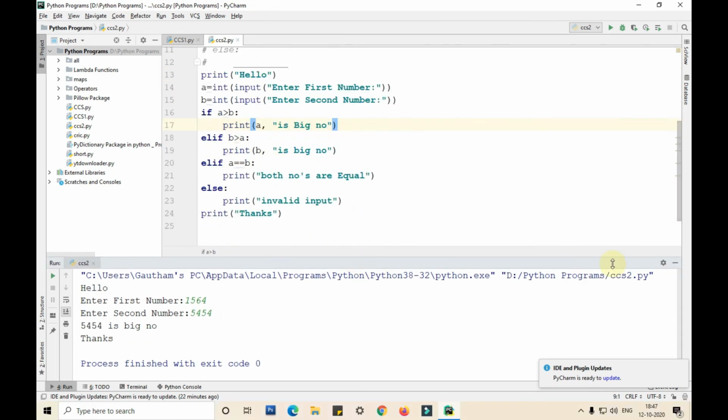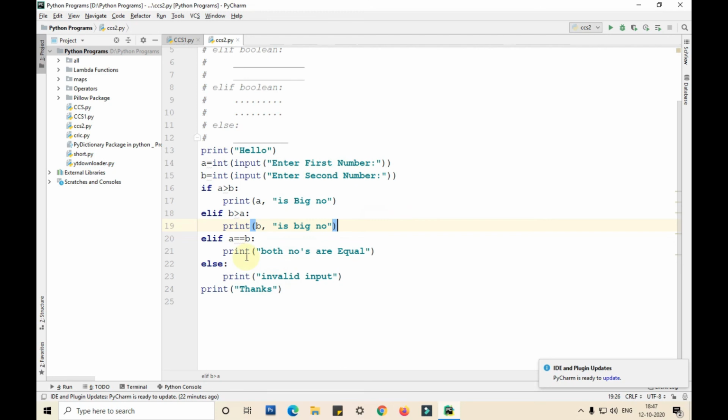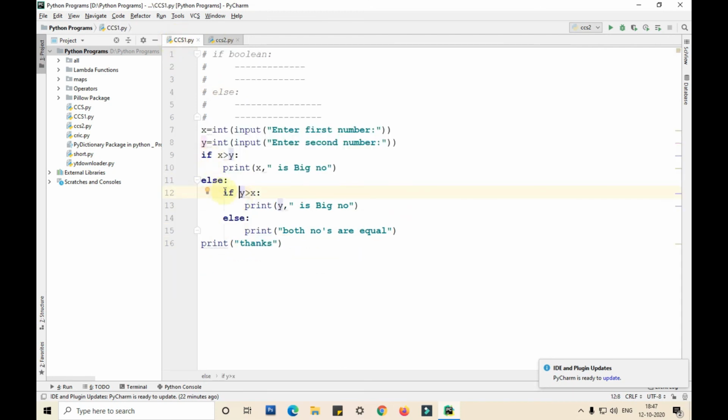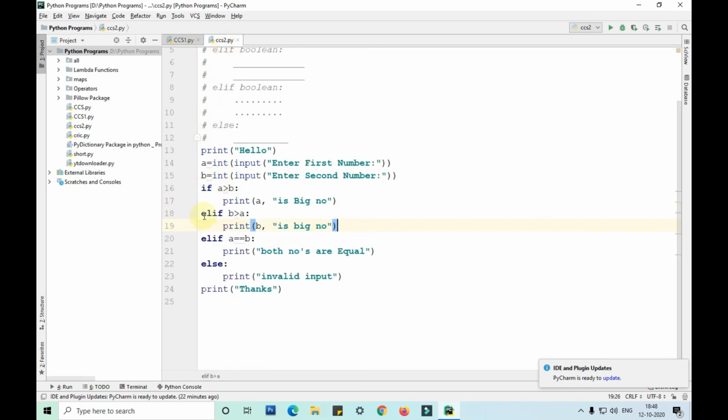Okay guys, hope you have got it. What is the use of elif? Instead of using multiple if else conditions like this, instead of using else again, then again if, again else, instead of using this particular code, we are just using if elif. What elif is, is nothing but it's also called else if. If, else if, else if, else. There can be any number of elifs, guys, as I've already told you multiple times previously.